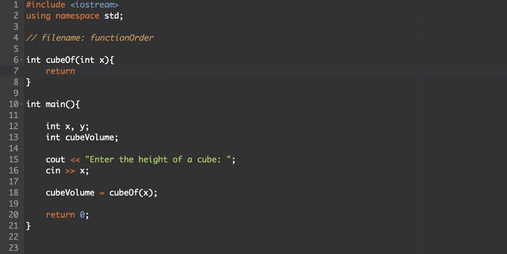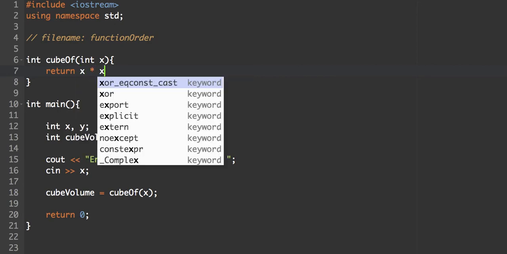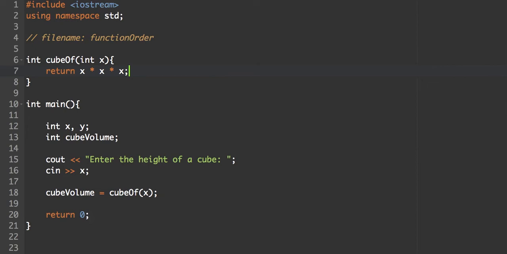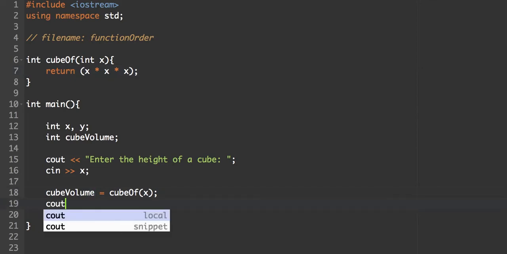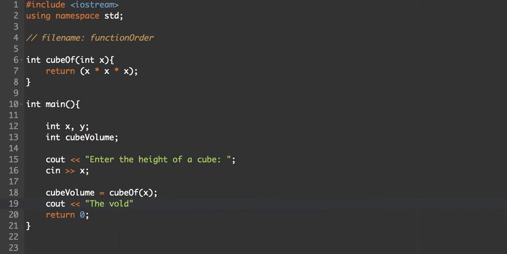So what I want to do is I'm actually going to return x times x times x. So it's going to actually calculate what x cubed is in the return statement line, just like if you were to cout x times x times x, and then you would be looking at the result. And just to clean this up a little bit, I'm usually going to keep this in parentheses. So anyway, what it's going to do is it's going to return x times x times x, and then what we're going to do is we'll print it here. So cout the volume is, and this will be cube volume,